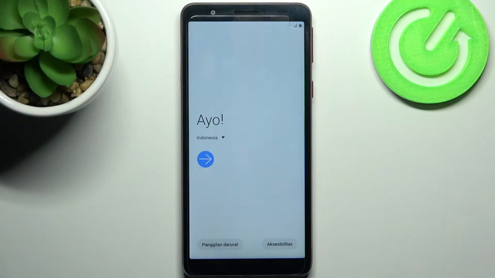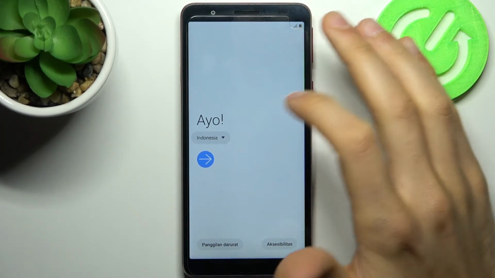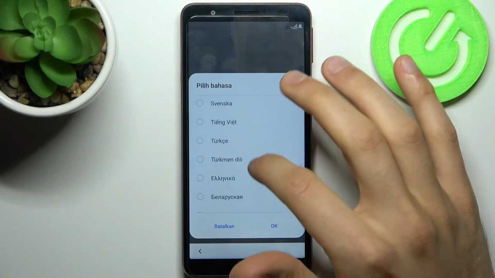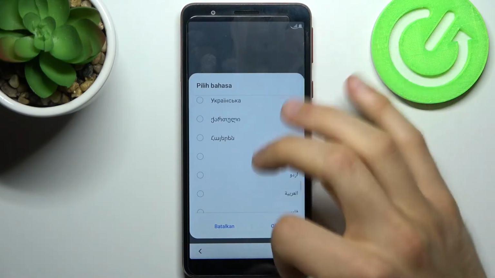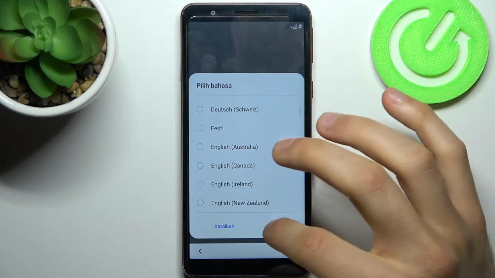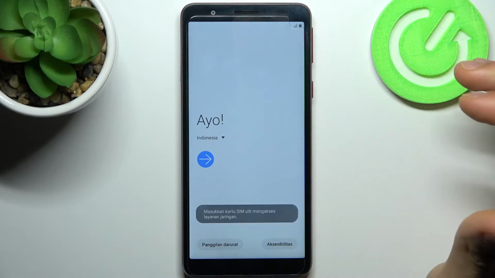Here I have Samsung Galaxy M01 Core, and today I'm going to show you how to set up this device. So firstly you have to pick a language, so let's select English. Where can I find it? Okay, tap OK, then tap